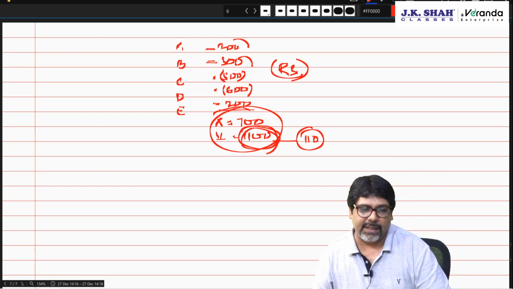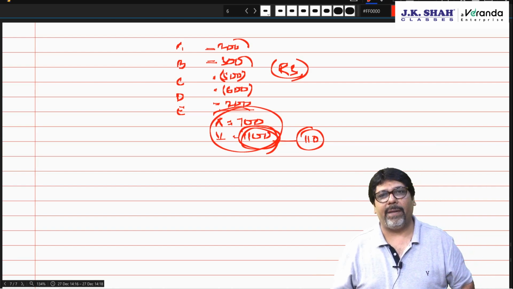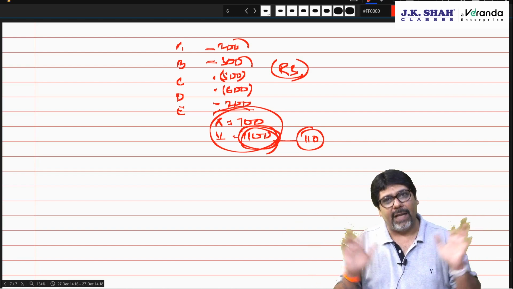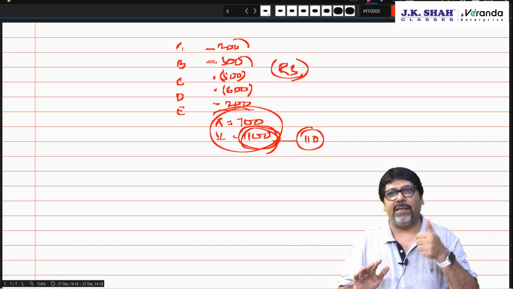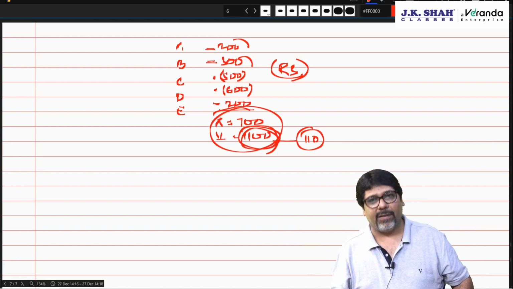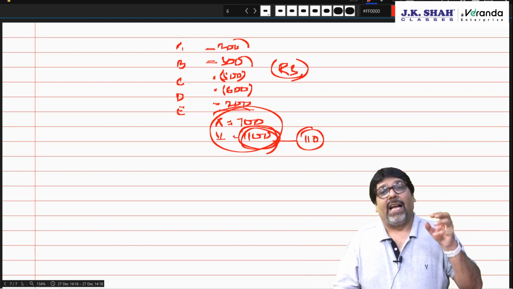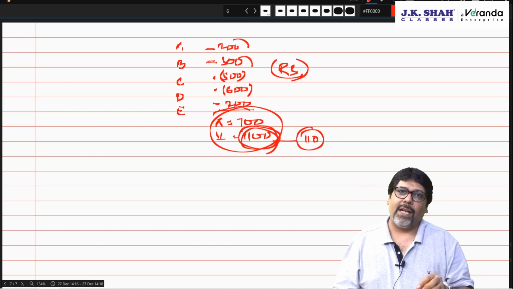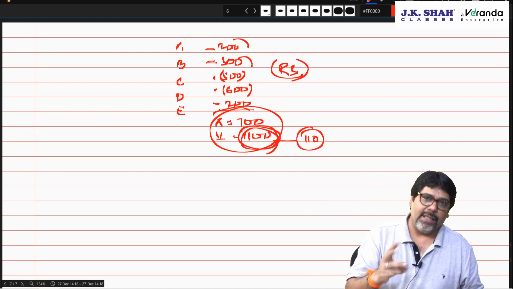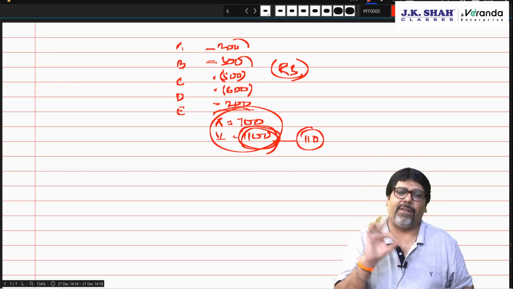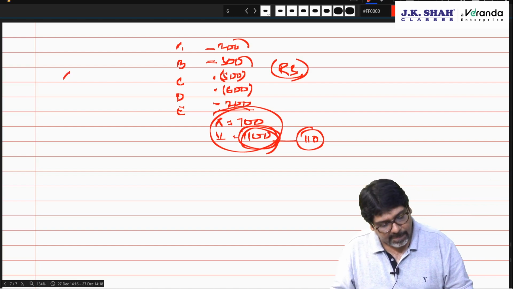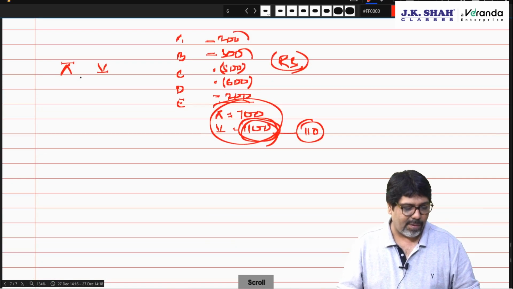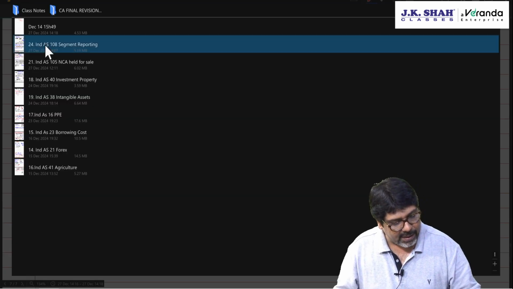So three materiality tests. First materiality test was revenue test. Revenue of any operating segment is 10% or more than the total revenue of all the segments put together. Revenue over here means sales, sales to outsiders and inter-segment sales also. Second is asset test. Asset of any operating segment is 10% or more than total assets of all the segments put together. Third is result test, that is profit or loss. Profit's symbol is pi, loss's symbol I have made it reverse pi.